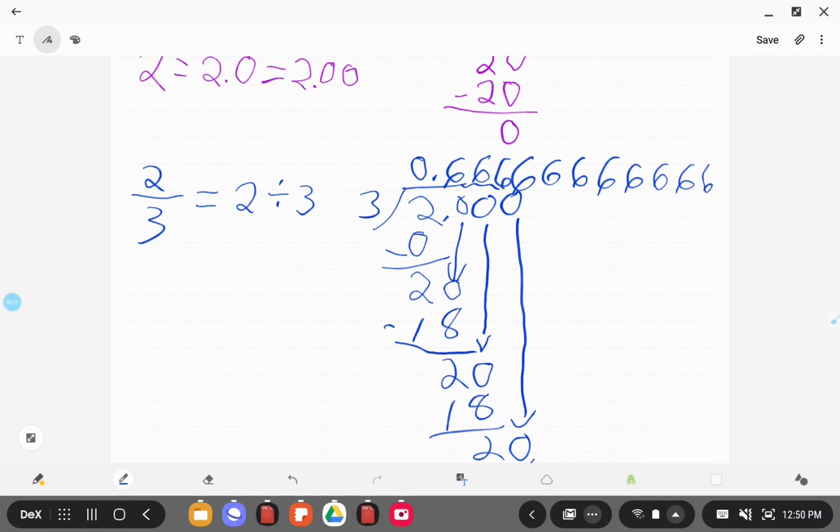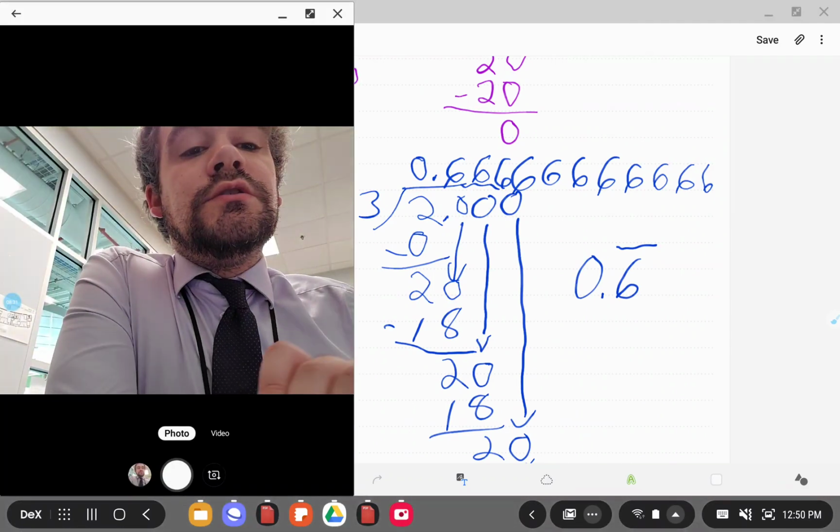Well, the answer to this problem would be written as 0.6 with a bar over the 6. That bar signifies that it is a repeating number. A repeating number. So basically,